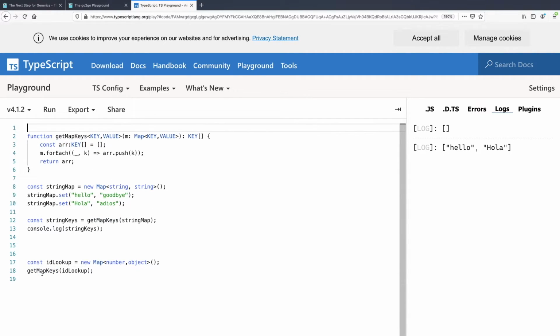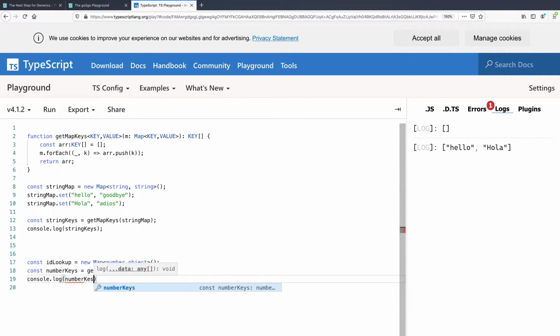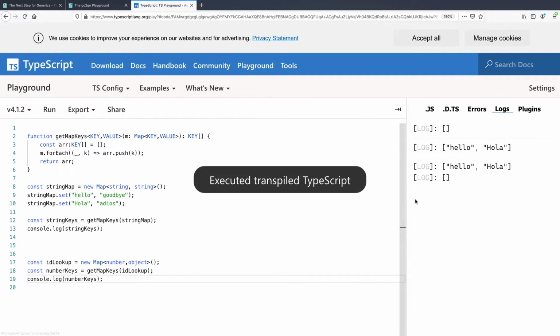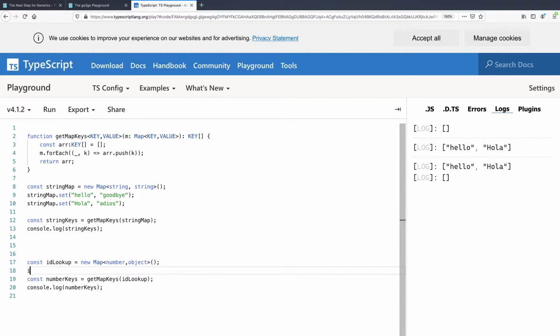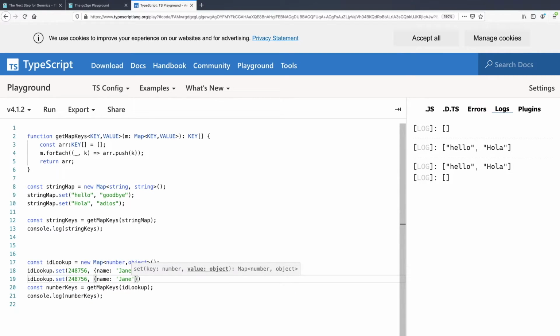And now this works. So you can see that if I say number keys, I can log this. And if I run it, yes, I didn't add anything, so let's say .set this ID is of type name Jane, and this ID is for the username John.